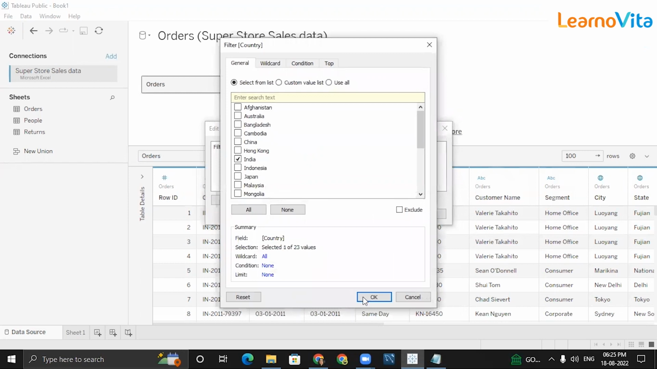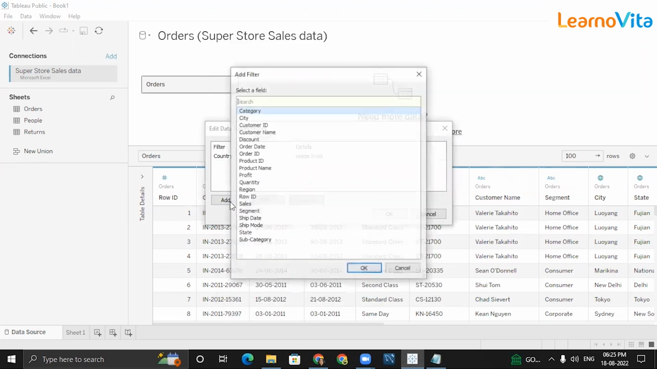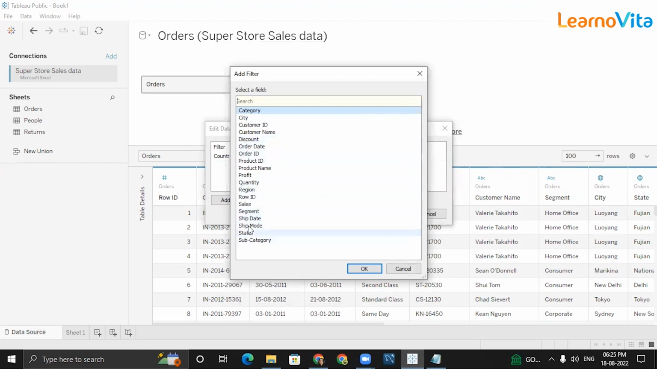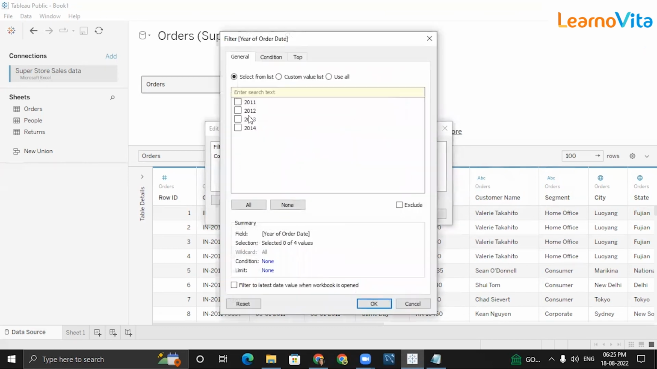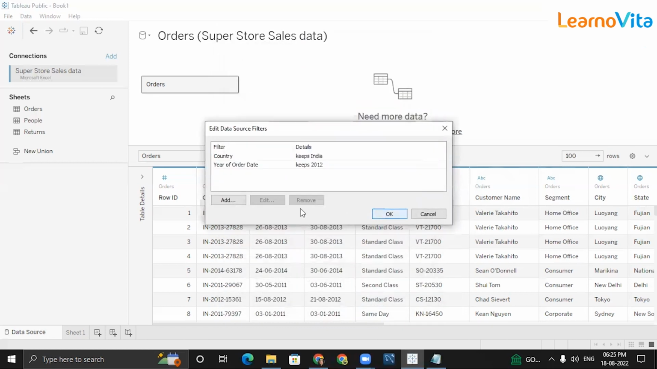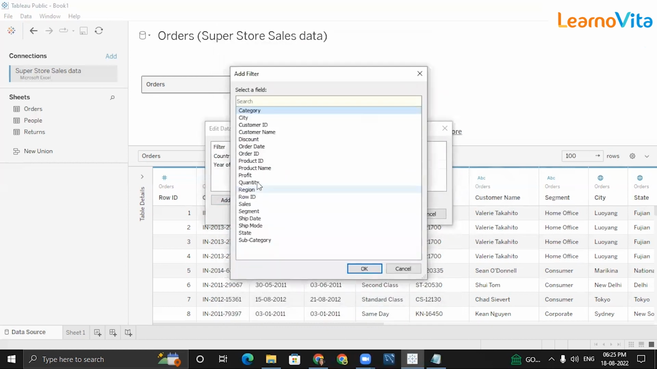So I'll just click on India. I wanted to see the data of India in the year 2012. I need to click on the date, order date, and then year, then month, and then 2012, and okay. Now I wanted to see a data,